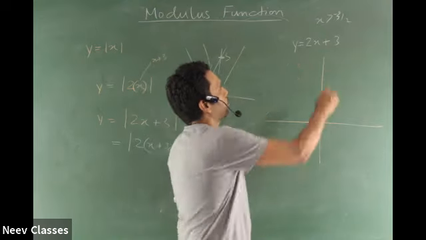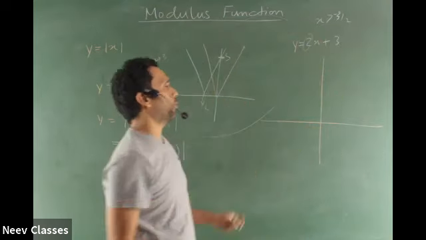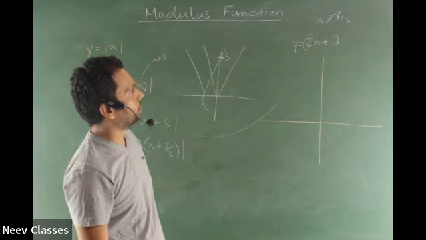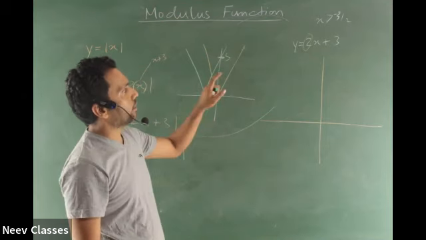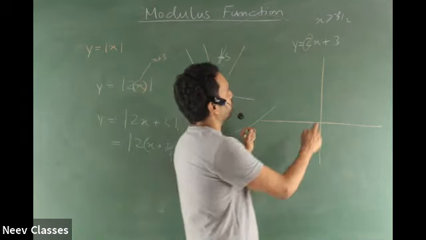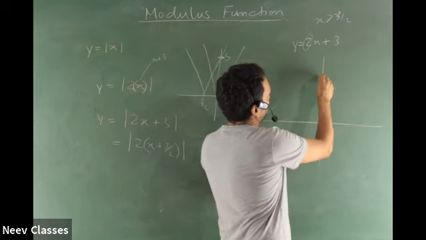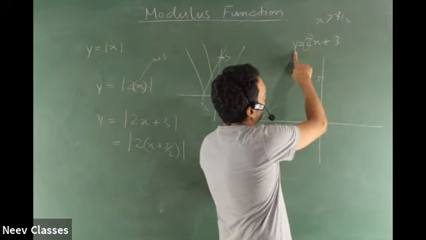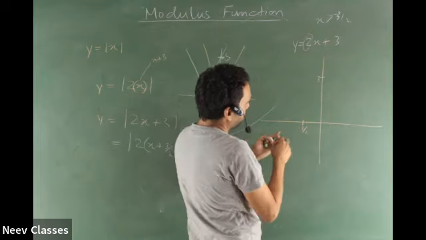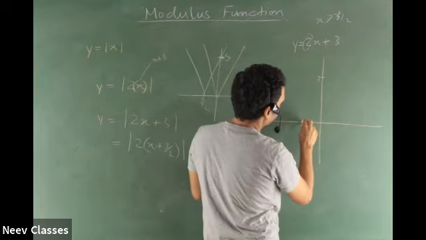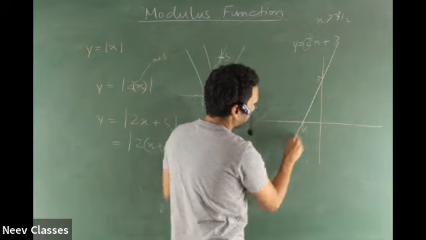Then let me draw this. It has got a steepness of 2, but I have not told you the slope of a straight line graph, so I will not say much on that. I will just draw it by saying that when x is 0, y is equal to 3, and when y is 0, x is equal to minus 3 by 2. And that's my graph. Any doubt? No, sir.